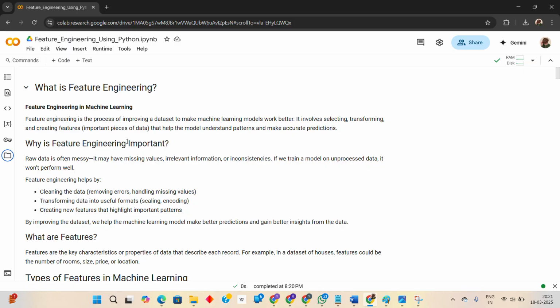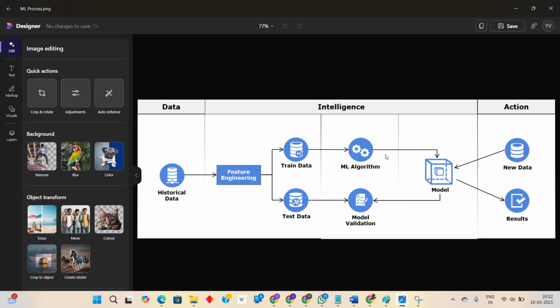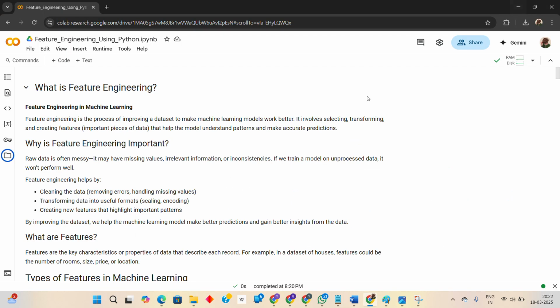Thanks for confirming. Okay, so today we are going to learn about feature engineering. Yesterday we discussed why feature engineering is important and what exactly feature engineering is in terms of machine learning. First, we will have the historical data. Then we have to do this feature engineering, right? So this feature engineering we will learn today,